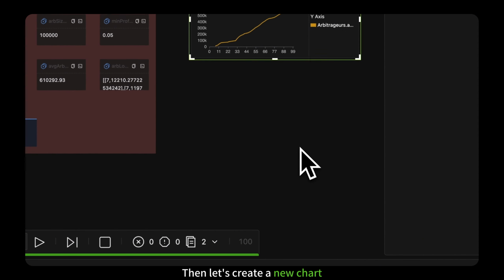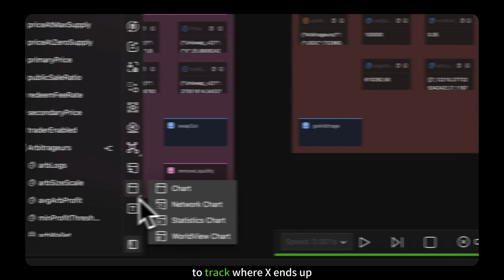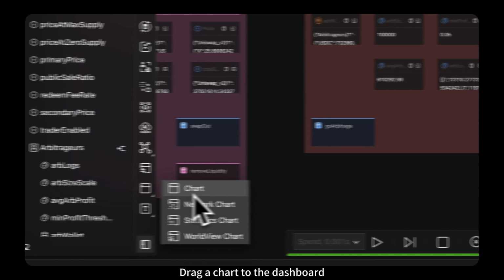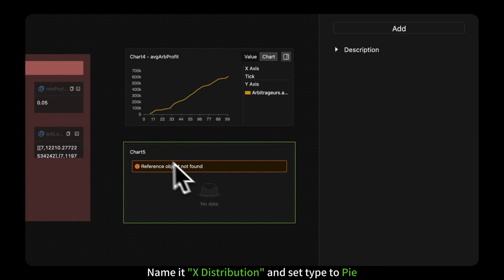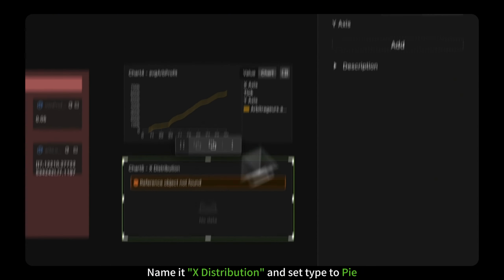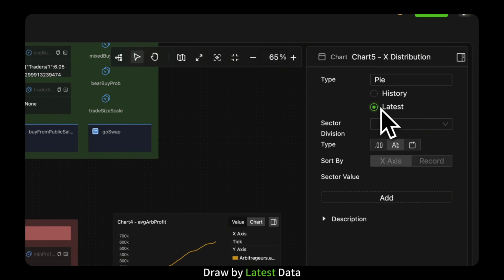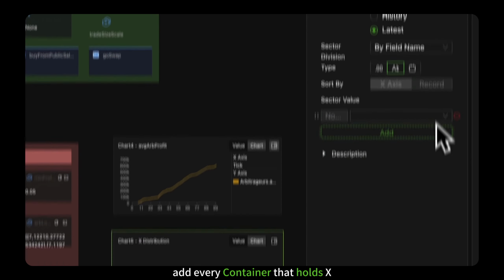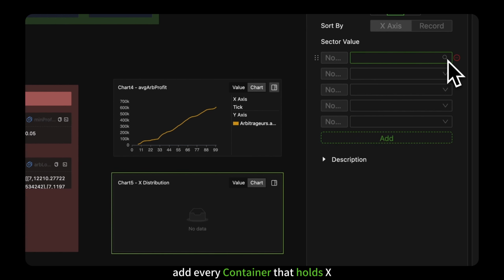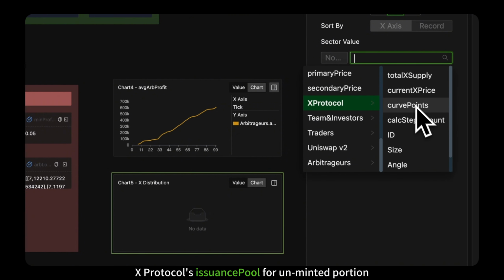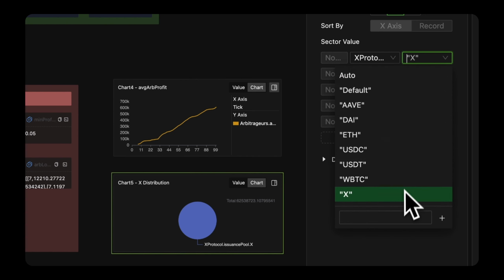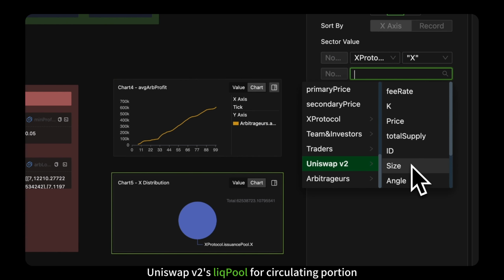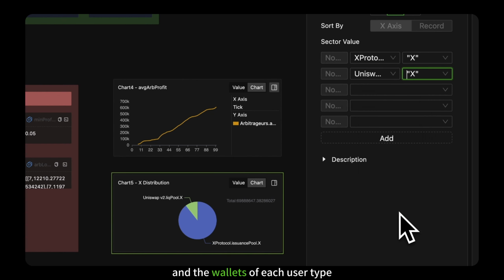Then, let's create a new chart to track where X ends up. Drag a chart to the dashboard. Name it X distribution and set type to Pie. Draw by latest data, split sectors by field name. For the sector values, add every container that holds X: X protocol's issuance pool for the unminted portion, Uniswap V2's liquidity pool for the circulating portion, and the wallets of each user